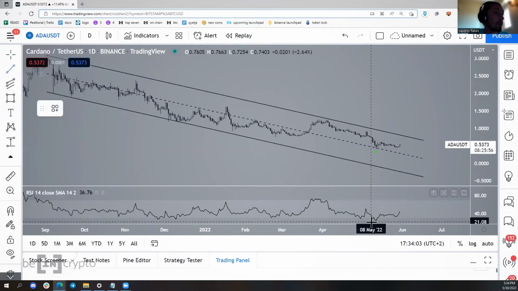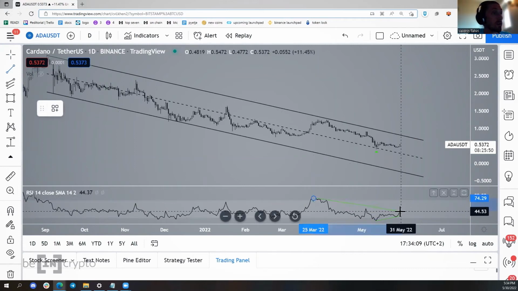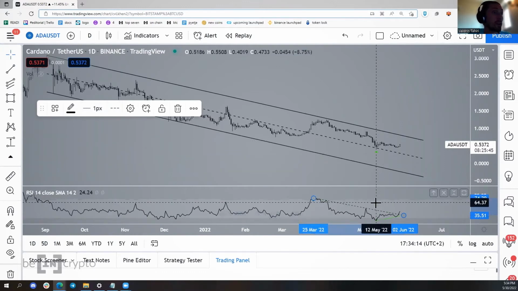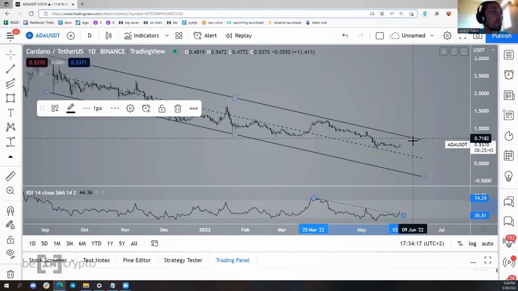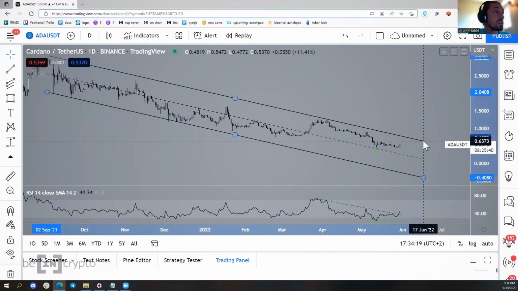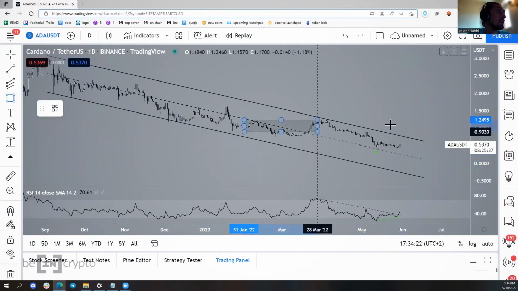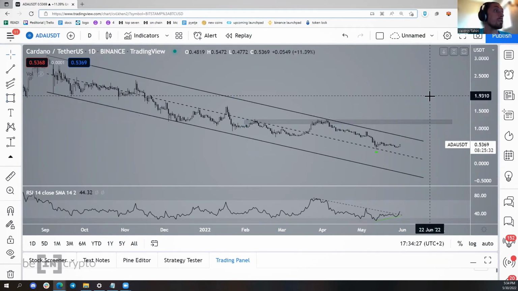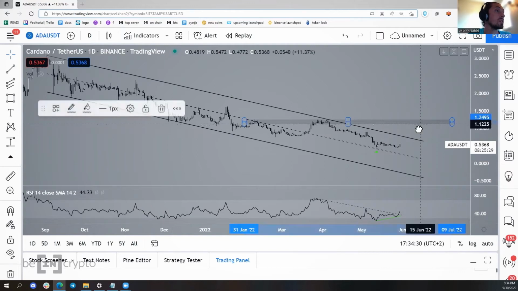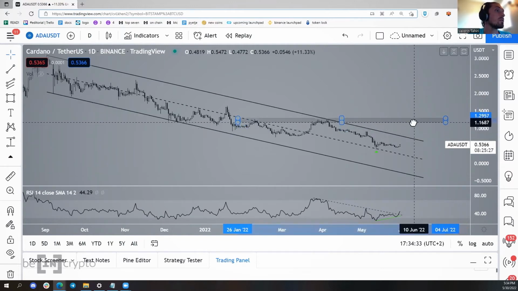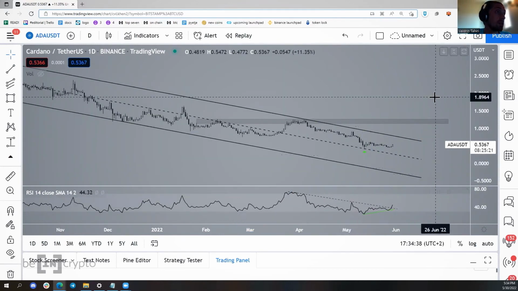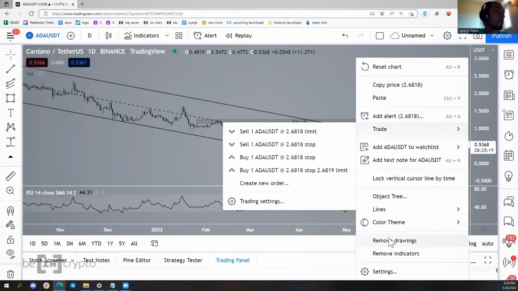Additionally, the daily RSI did generate bullish divergence, and also the RSI broke out from a descending trend line. Now, RSI breakouts usually precede the price breakout, so I wouldn't be surprised if this actually breaks out from this channel. And in that case, we would have resistance here at about 120. This is a pretty strong resistance area. So as you can see, RSI broke out here. It's currently breaking out, and it's possible that the price will follow suit.